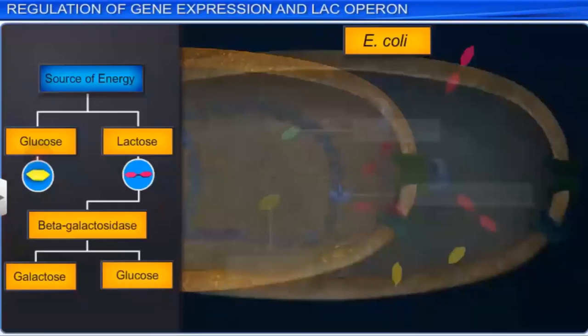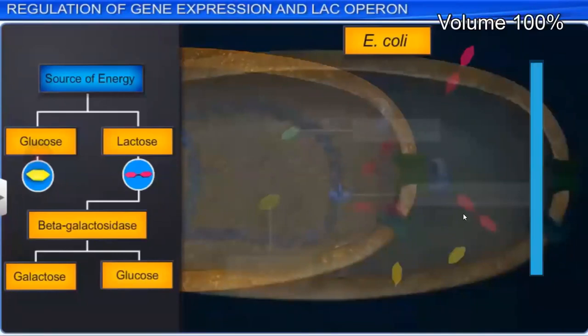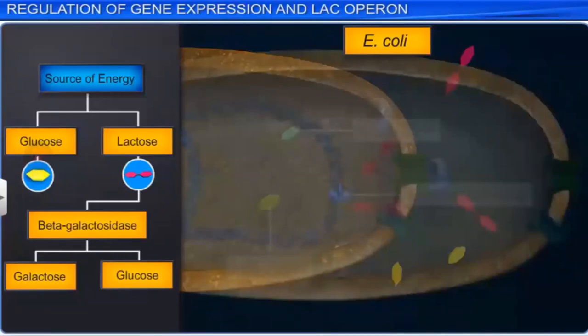So E. coli always tries to take glucose as its energy source. Like in our body, of course, glucose is not found every time; we have to get it during the respiration process. We have learned how in glycolysis and all, it is broken down into glucose. But that is a different thing. What I'm saying is in E. coli